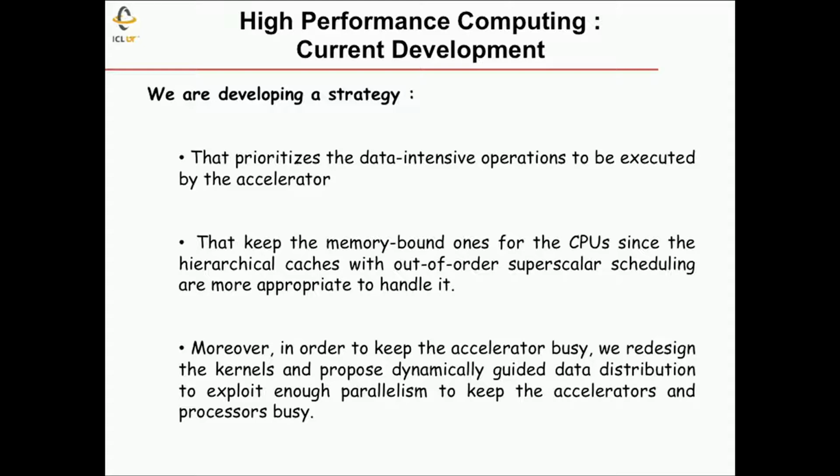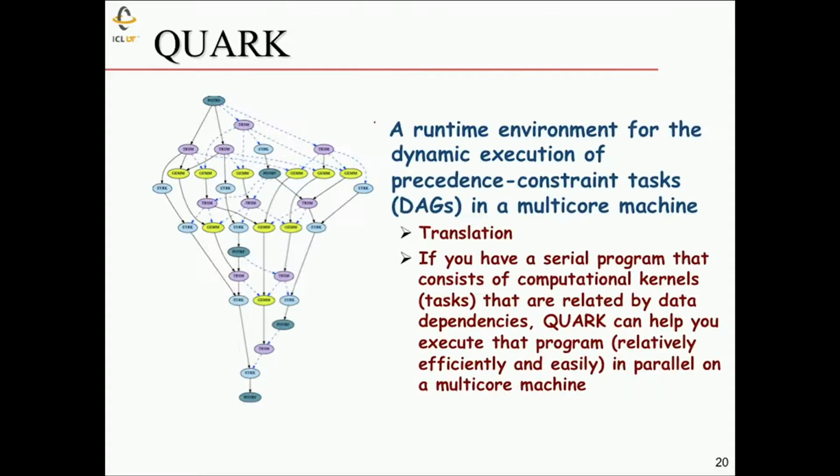So we're going to be doing that with these hybrid systems. We're going to be looking at it in the following context, trying to do the sequentialized bits on the host processor, try to give the GPU as much work as possible, that matrix multiply to do before we go on to the next step. At least that's the first implementation I'm going to show you. So as a directed acyclic graph,